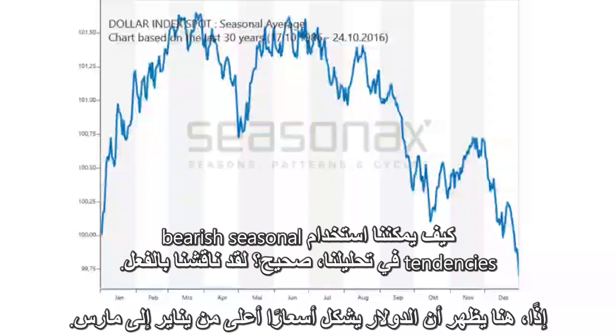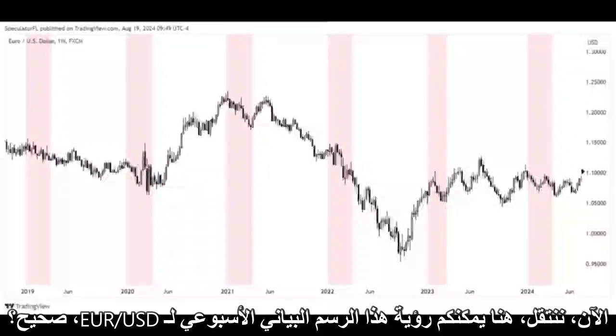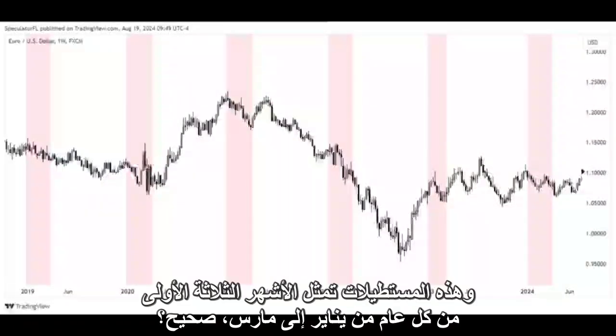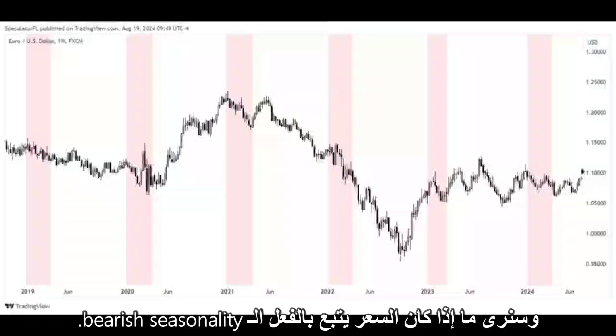So here it shows that the dollar forms higher prices from January to March, which means that EUR/USD will form lower prices, right? Now moving on, right here you can see this EUR/USD weekly chart, and these rectangles represent the first 3 months of each year, from January to March. We're going to check the data inside these rectangles